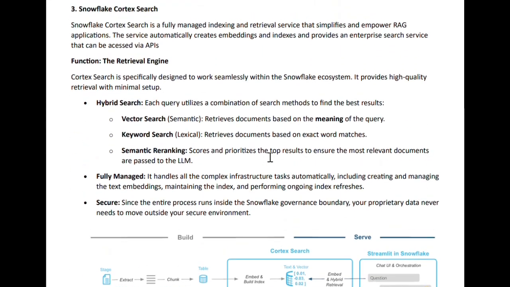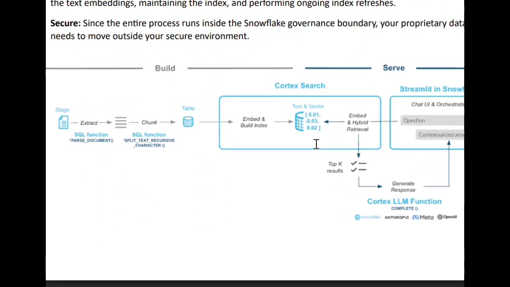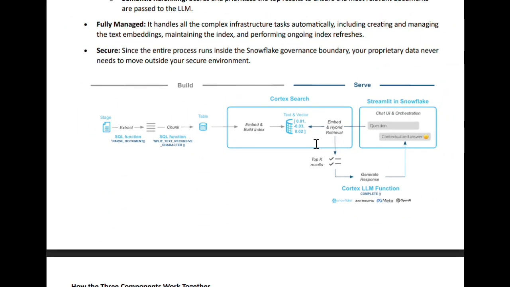The third and main component is Snowflake's Cortex Search. It is a smart search engine, the retrieval component which finds the facts. Whenever a user asks a question, the Cortex Search instantly scans all your policies which are stored in Snowflake, using semantic search to pull out the most relevant paragraph.